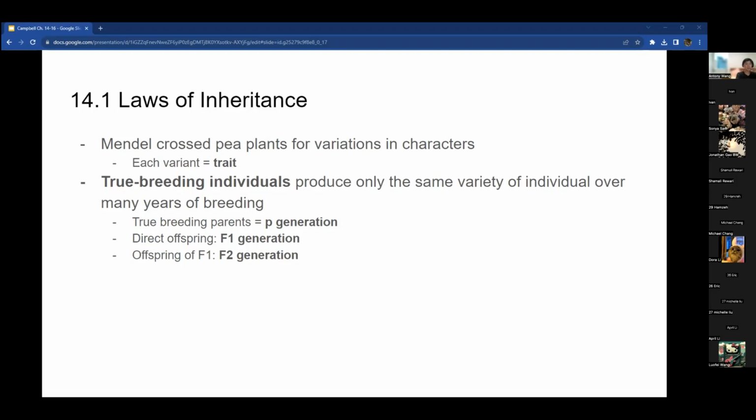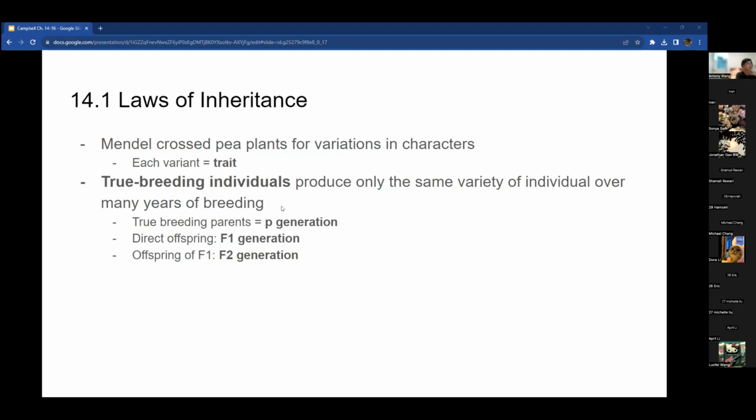Mendel was the researcher who came up with the laws of inheritance. He experimented with pea plants and discovered that traits were passed on. He came up with a few rules that we'll go over in a bit. Another definition, a true breeding individual is an individual that with repeated breedings with other true breeding individuals will continue